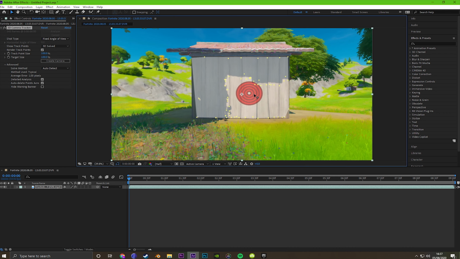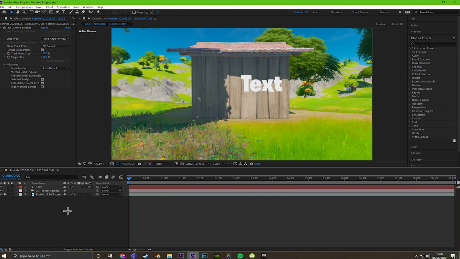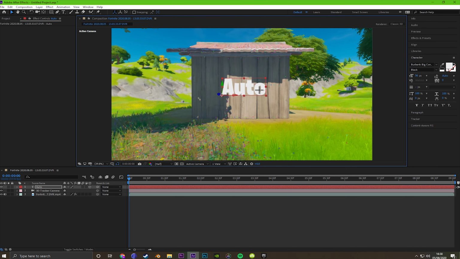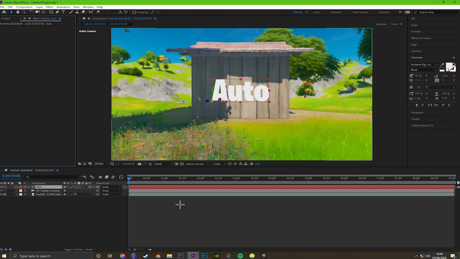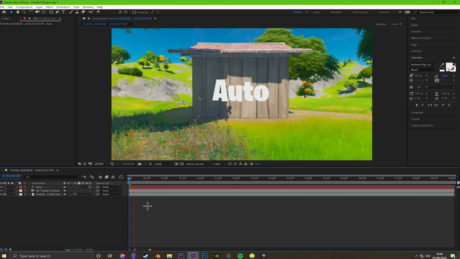If your target's not center, you can move it to wherever you want it, but mine's perfect the way it is now. So I'm just gonna click create text in camera, and in case you can't change your text, you want to just double tap it like that. And for this tutorial, I'll just write auto on it, and I'll grab it, and I'll put it in the middle, and I'll size it to the way that I want it, roughly. Perfect. Alright, so now that I have my clip there, now your text should be completely 3D tracked,